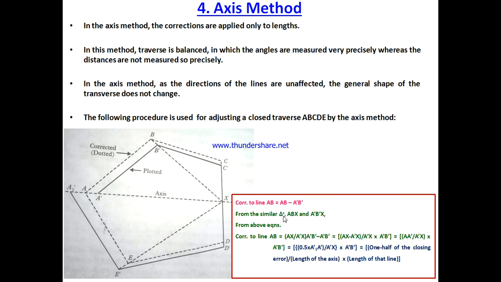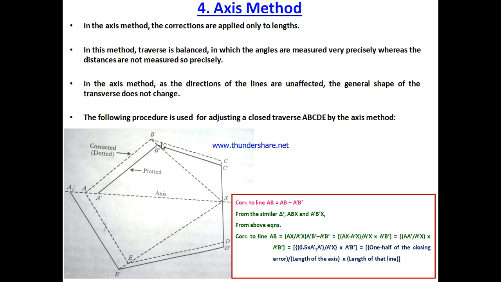Now how to calculate how much this error will be? This error will be calculated from the similar triangle properties. Let us consider big triangle ABX, and A dash, B dash, X. From here we can calculate the correction to line AB. You can determine it with the help of similar triangle properties, and you can see that AX upon A dash X into A dash B dash,